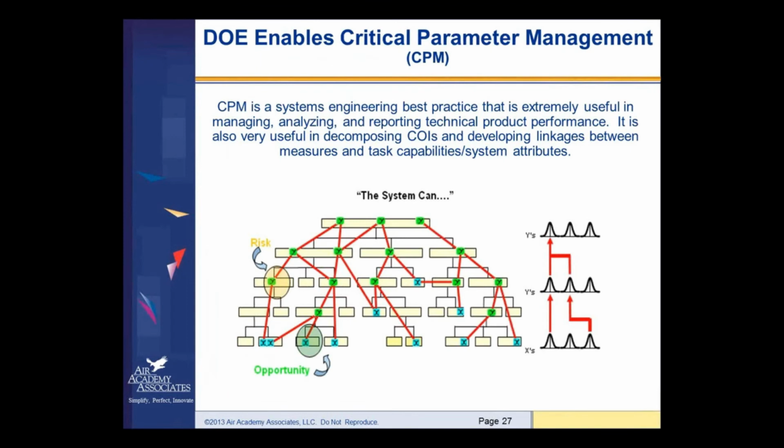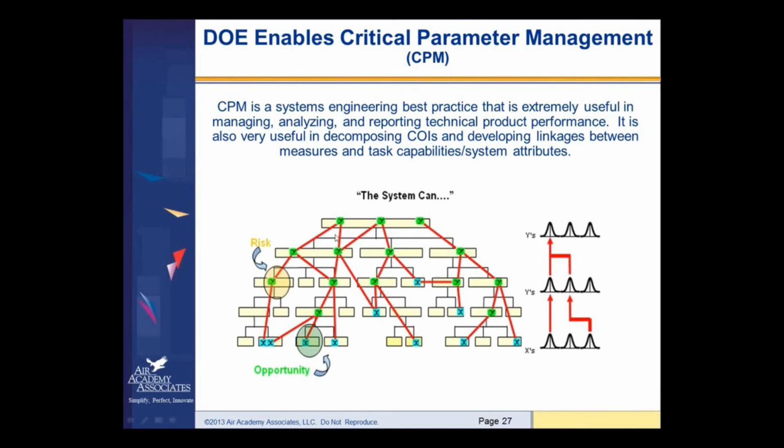DOE can also enable us to do critical parameter management, which is a systems engineering best practice that is extremely useful for technical product performance evaluation and prediction. It's useful in decomposing critical operational issues and developing linkages between measures and system attributes and capabilities. As you can imagine, in a simple IPO diagram, the output of one IPO could be the input of another IPO, and that's what I mean by this